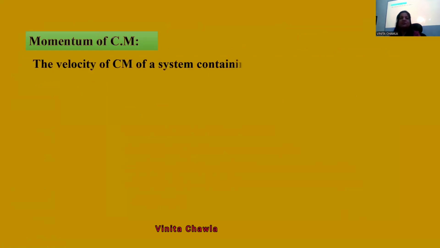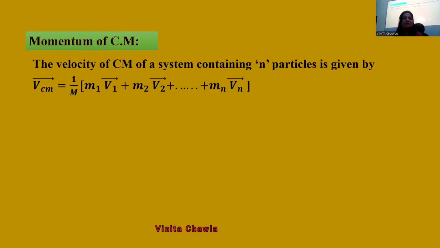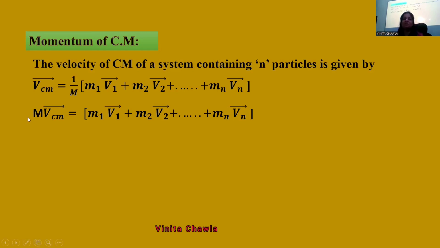The velocity of center of mass of the system containing n particles is given by this. ये हमने ऑलरेडी कर लिया कि वेलोसिटी को हम ऐसे लिख सकते हैं. तो अगर हम वेलोसिटी में मास को मल्टीप्लाई कर देंगे तो हमें क्या मिल जाएगा? मोमेंटम. So multiply mass on both the sides. See, when here we'll multiply total mass, because we assume that center of mass is the point where the whole mass of the object is concentrated, right? तो अगर उसका सारा मास उसी पॉइंट पे ही है तो वहां पे आप टोटल मास को ही मल्टीप्लाई